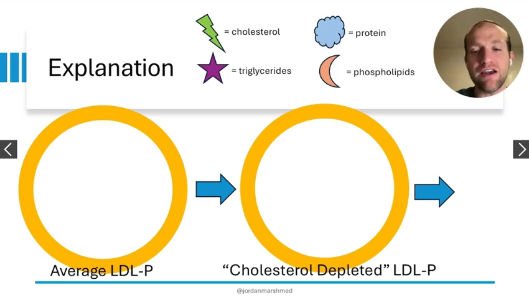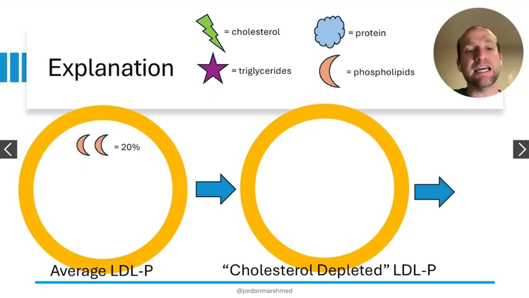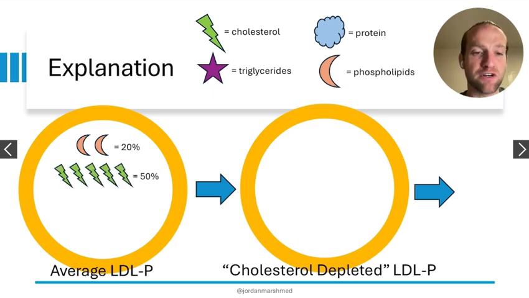So yeah, there's the key, exactly what you can expect, and an average LDL particle will be on the left. So this is your average LDL particle. Typically has about 20% phospholipids. Phospholipids, remember, have the phosphate group attached to the top, and then they have the free fatty acid chains on the bottom. And the phosphate groups are the ones that interact with water, and the fatty acid chains are the ones that carry all of this stuff inside the lipoprotein, all right? 50% of an average LDL particle is made up of cholesterol. Okay, so we've always heard about how cholesterol is bad for you, and LDL particles are typically carrying a lot of cholesterol around.